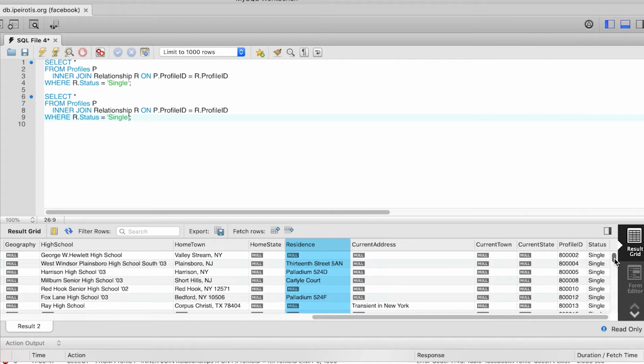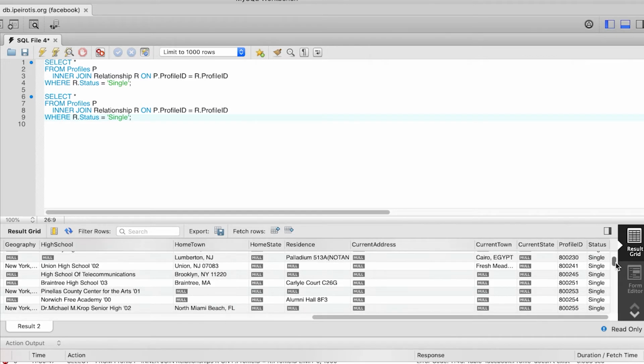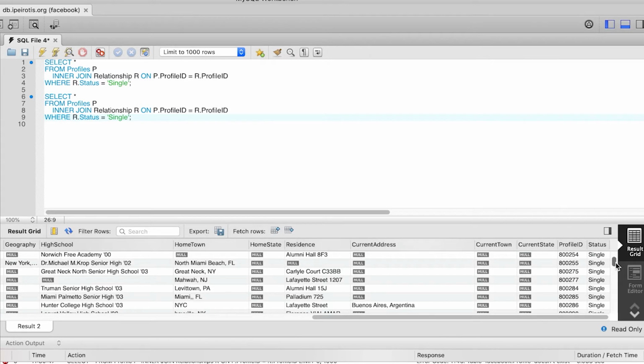live, they don't just write Palladium. Some of them write only the name of their dorm. Others also write the room where they live in, and so on. How can we deal with this type of entries? Remember the approximate queries? We are going to use an approximate query here and use the LIKE operator.